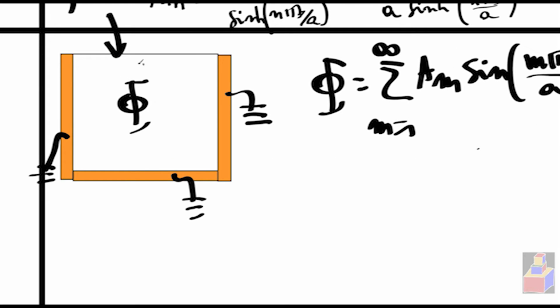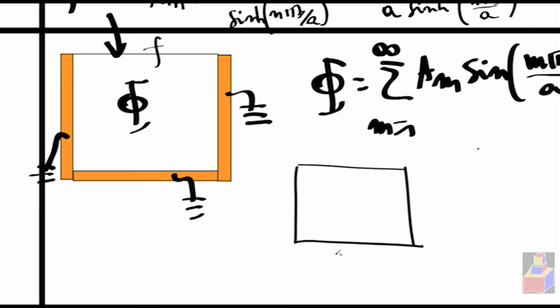I can solve a problem in which I have a U like this, an arbitrary function F. So if I have a problem in which the potential is arbitrary, let's say F1 of x on this boundary at y equals 0, F2 of y at x equals a, F3 of x at y equals b, which is here, and F4 of y. So if I make arbitrary functions on the four boundaries, what I have to do is to